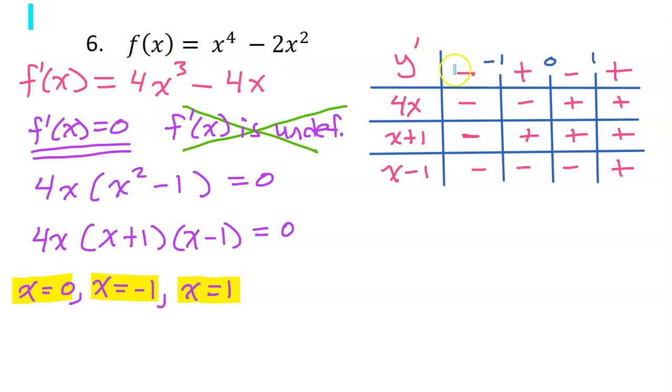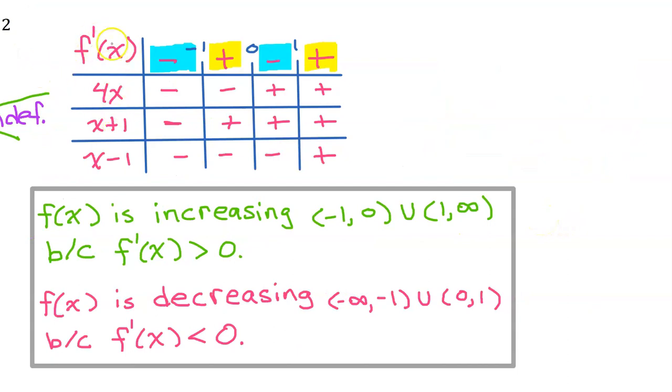Remember, f of x will be decreasing in the intervals where y prime is negative, and f of x will be increasing in the intervals where y prime is positive. So let's summarize our answer. I just noticed that I had been calling this y prime on the chart. Let's call it f prime. So we say f of x is increasing from -1 to 0 and from 1 to infinity because f prime is positive. And f of x is decreasing from -infinity to -1 and from 0 to 1 because f prime